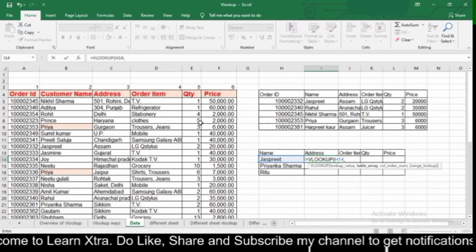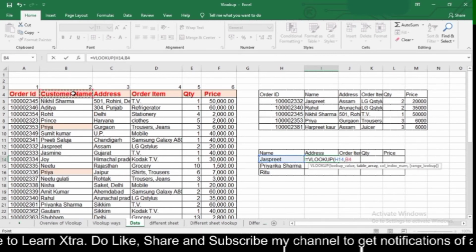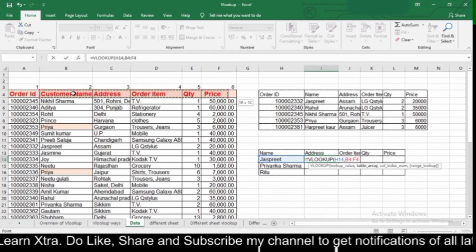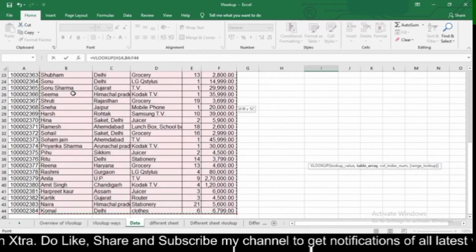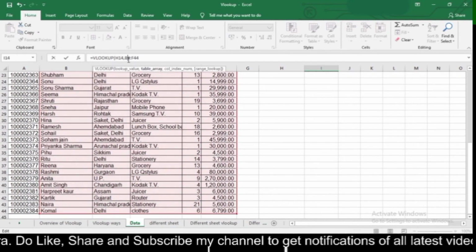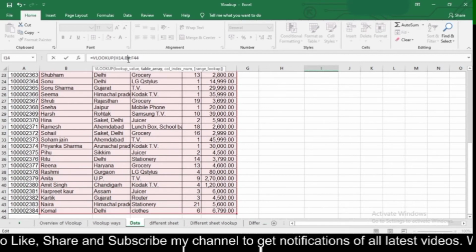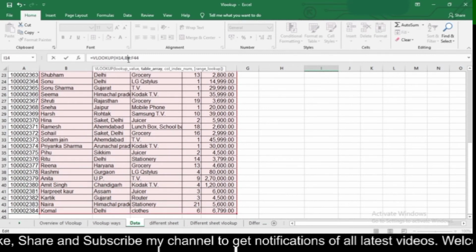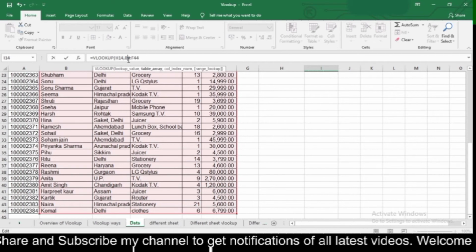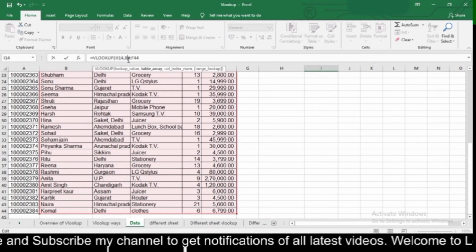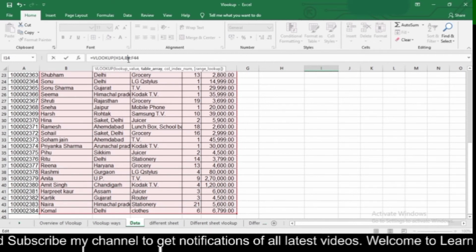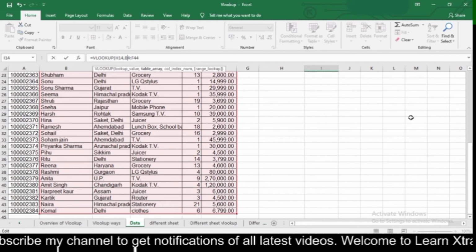My table array will start from the B column, that is from B4 to F44, because the VLOOKUP formula always starts from the leftmost column. That is, your lookup value should be in the leftmost column, and my lookup value is the name of that customer, which is in column number 2.